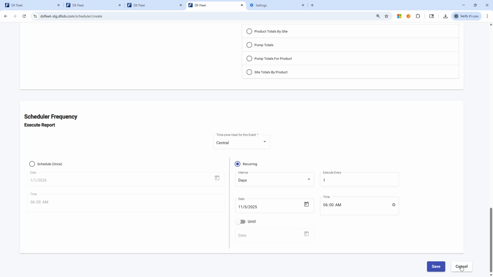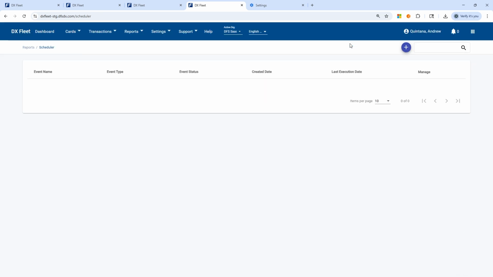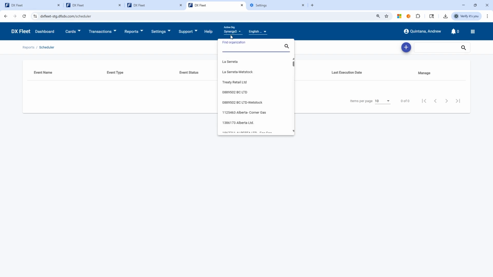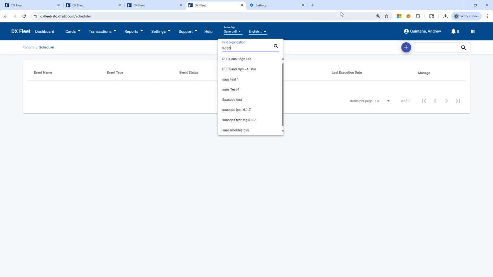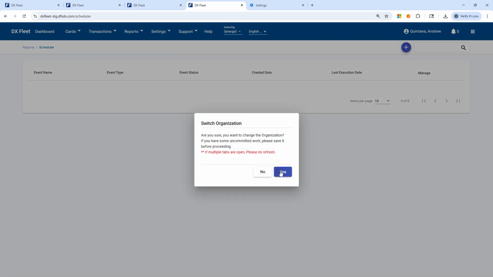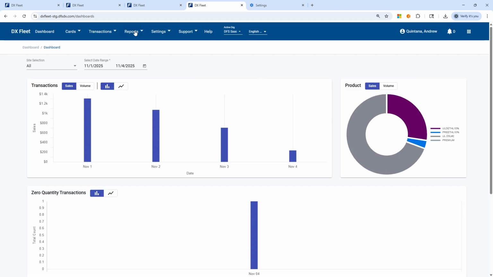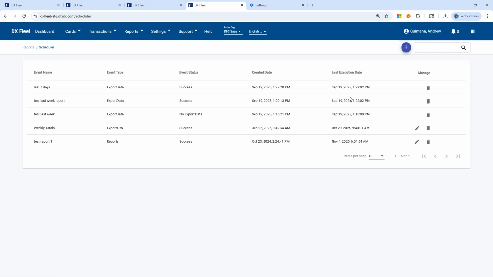I'm going to cancel this. I don't really need to save it. And we're going to go look at some of the scheduled events that we already have configured here. So let me refresh. Might have got signed out. All right. Okay, so we're going to go to the scheduler, and you'll see that when you have a scheduled event, you're